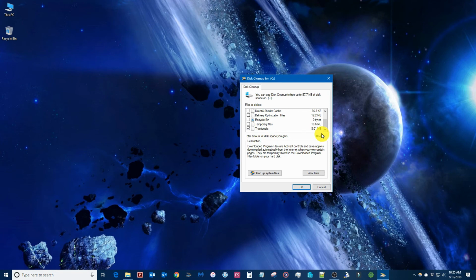If you wanted to clean the thumbnails, you can. The temporary files, the recycle bin. Let's go back to the top. Of course, downloaded program files is fine. Of course, temporary internet files. Offline web pages, it's so small, it's fine to leave. Again, if it's so small and you're not sure, you're probably better off just leaving it. But definitely the thumbnails, temporary files, recycle bin, downloaded program files, temporary internet files,